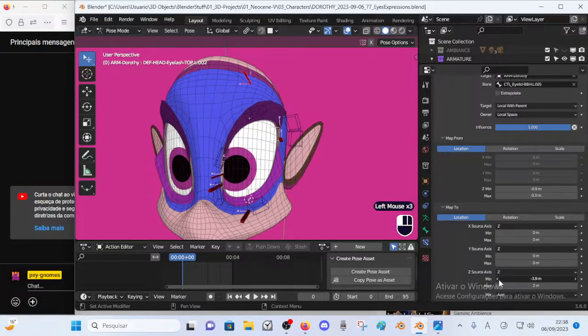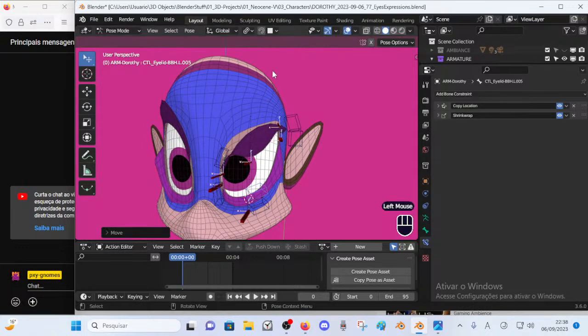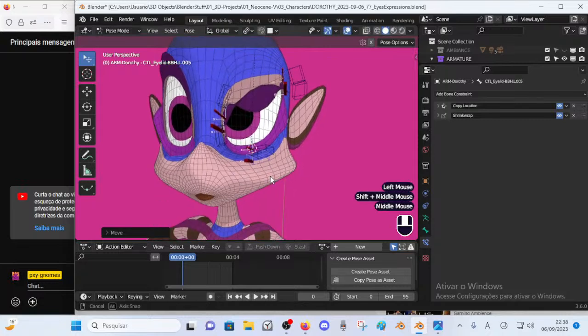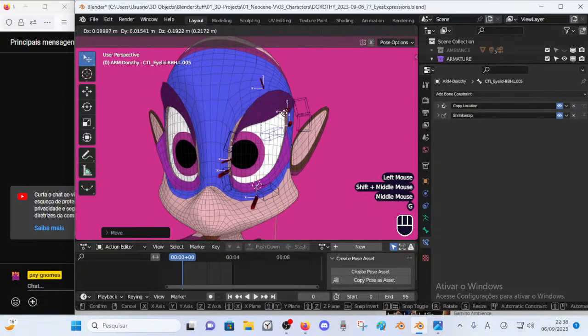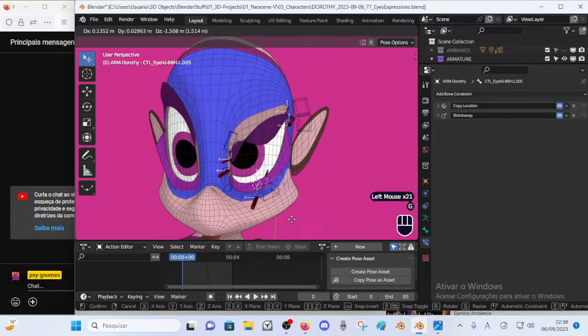I don't know about that minimum, this is strange. Let's see what happens here. Okay, so the bone is not moving downwards as much as we would like. So we need to push it down, so maybe this needs a much lesser negative number. Let's see now.